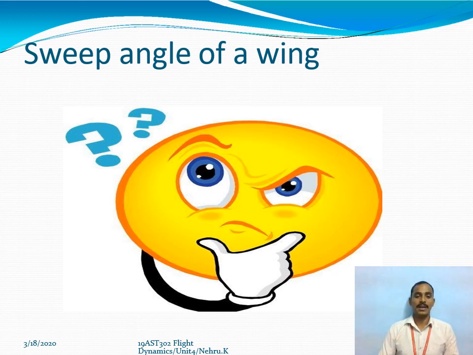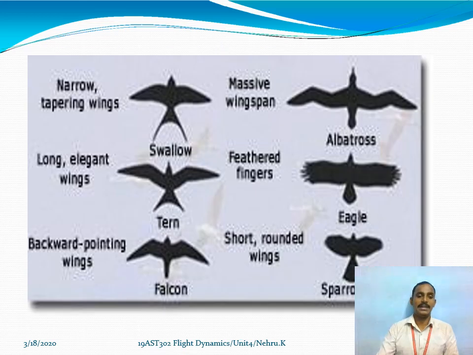Next, coming to the sweep angle of the wing, which gives a greater idea of the wing position: sweep forward, backward, or multiple sweep angles. We'll take birds as an example. Let us take the swan, tern and falcon, all with narrow tapered wings, whereas the swan and tern have elegant wings and the falcon has backward pointing wings. These three are different categories, whereas the albatross, eagle, and sparrow have massive wings, feathered figures, and